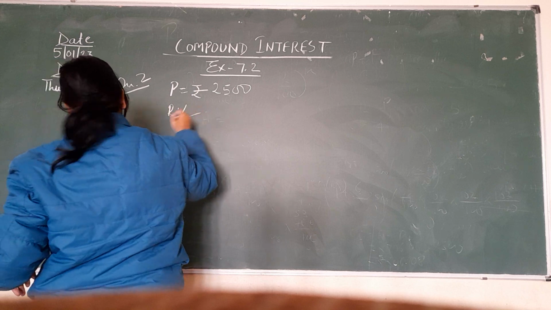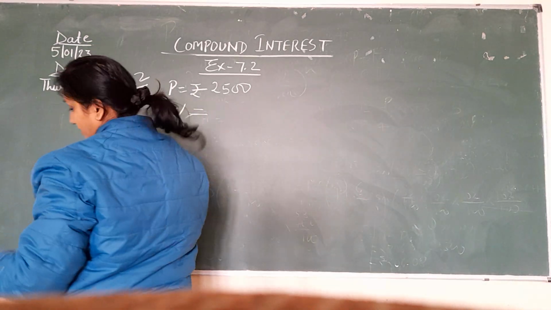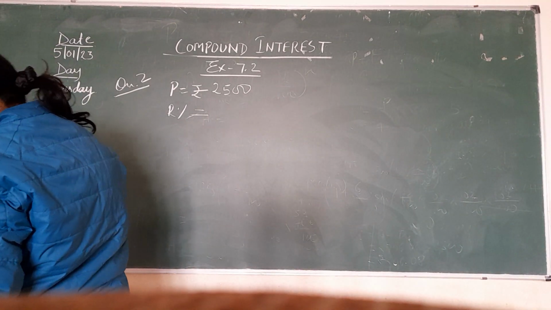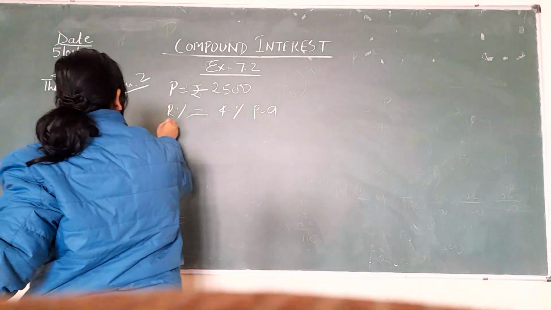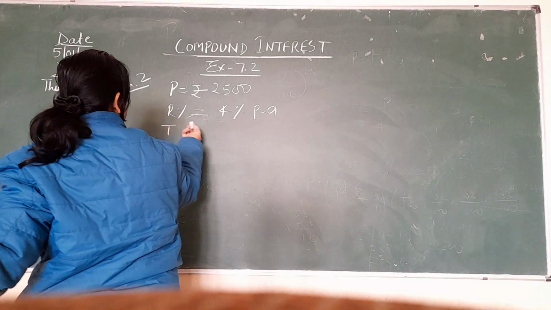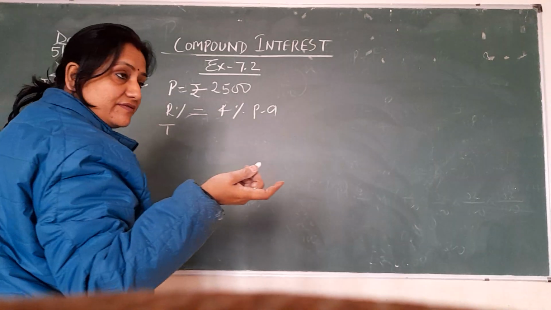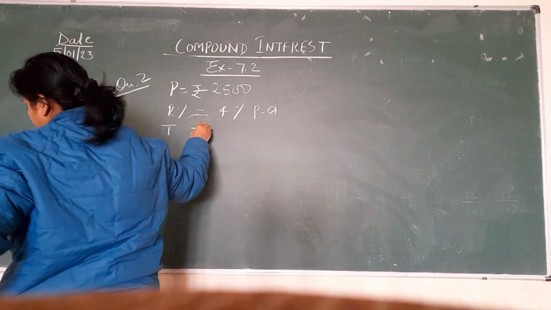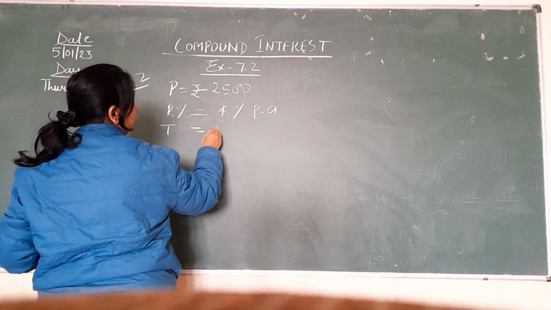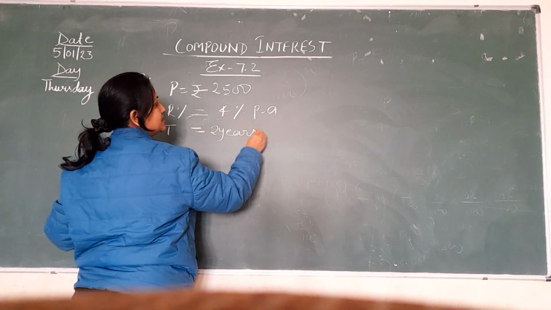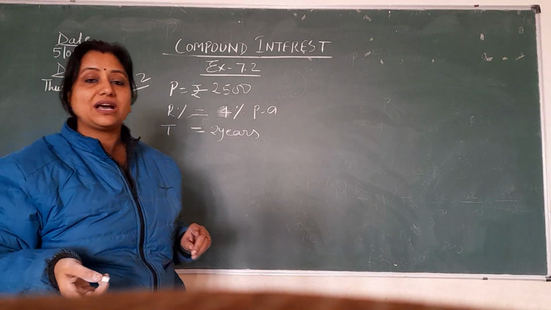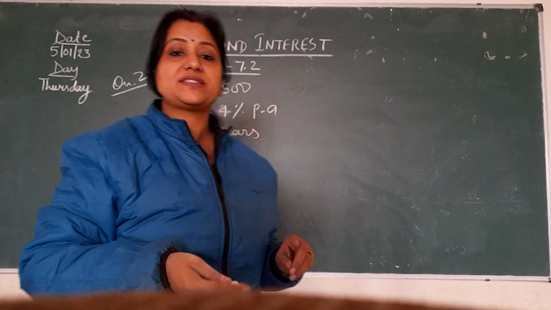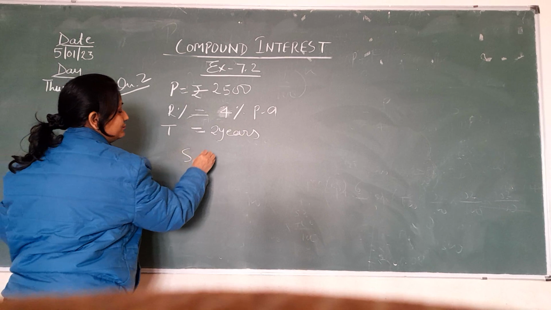Rate of interest, which is given in percent, is 4% per annum, and in case of simple interest we will write T. So T is equal to 2 years. Okay, and we know that the formula for finding out simple interest is SI is equal to